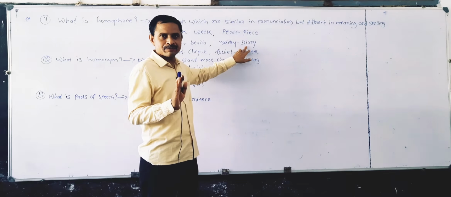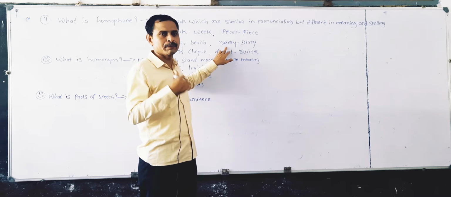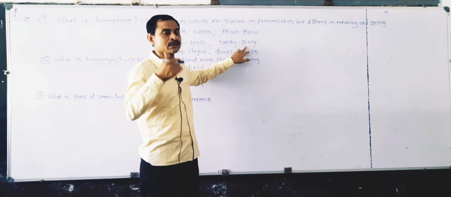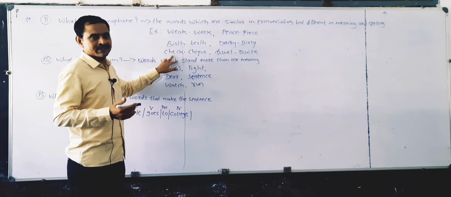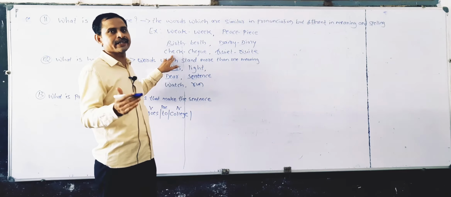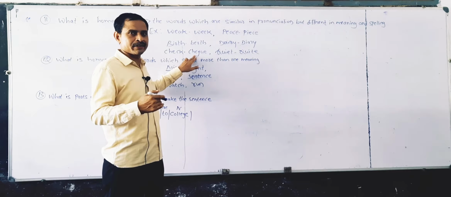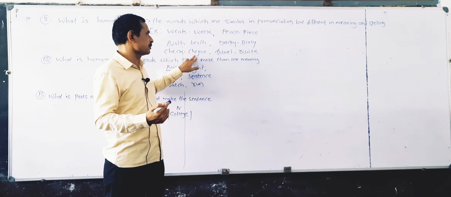Dairy, diary. We go to the dairy to buy milk, butter or other products of milk. The police search for the diary of the culprit. Check means stop. The police checked at the gate. Check, an order for payment on the bank. He gave me a check of 1 lakh rupees.